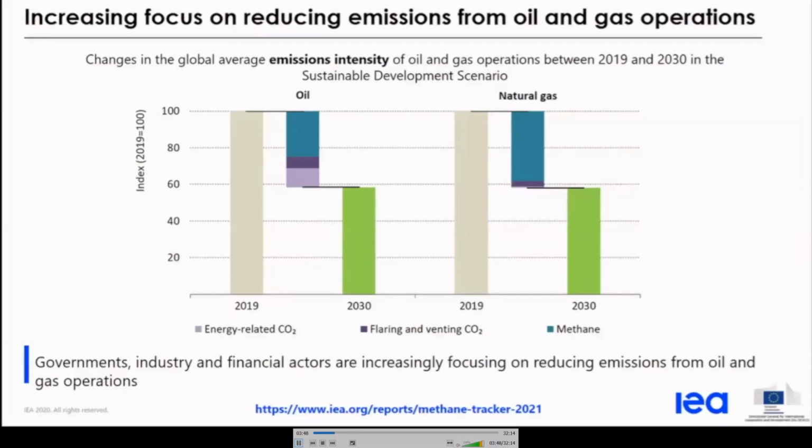For oil and natural gas production, most emissions from operations are caused by the release of methane to the atmosphere. Methane on a 100-year lifetime has approximately a 30 times greater warming potential than carbon dioxide. And we estimate, based on our analysis, that more than 70% of these methane emissions could be abated at no net cost to the operator, or essentially could be captured and sold on as methane in the existing operations.